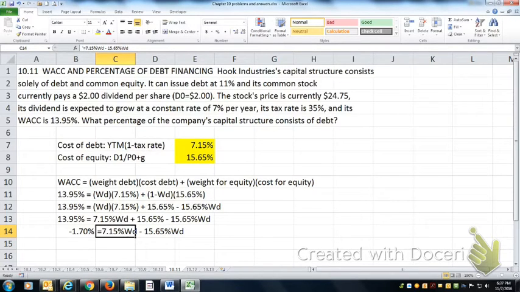Hard to do algebra in here in a computer. I can gather terms on this side. 7.15 minus 15.65. That'd give me